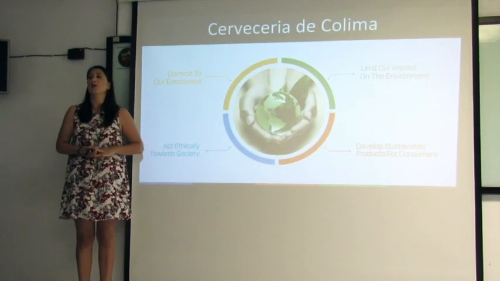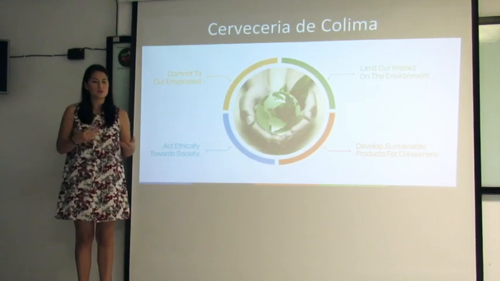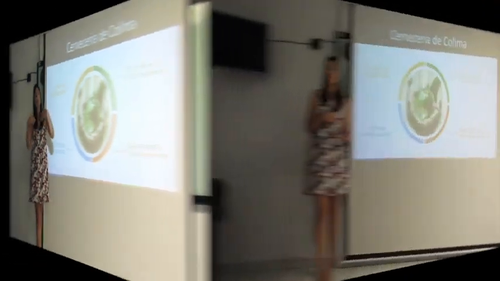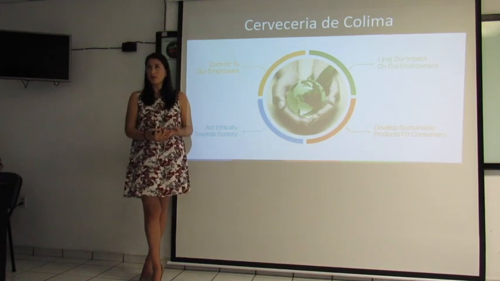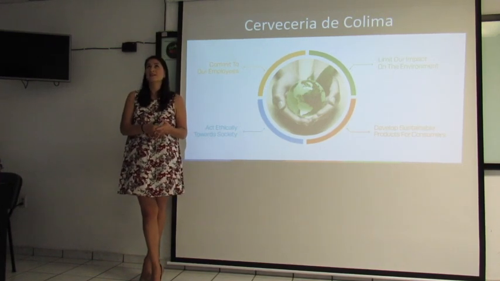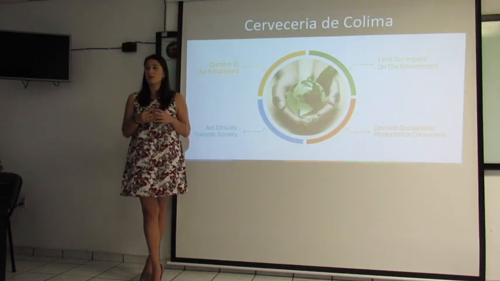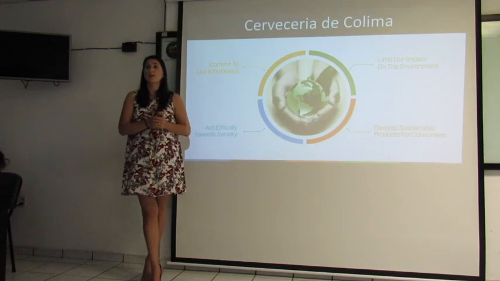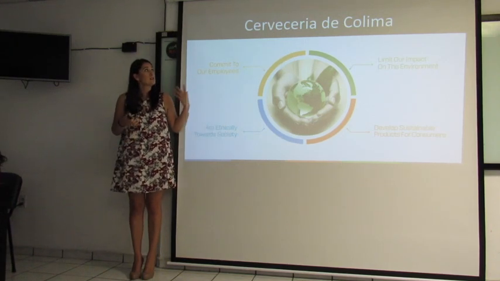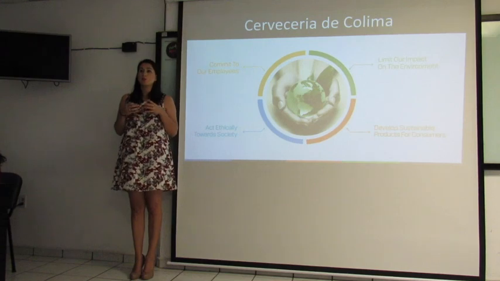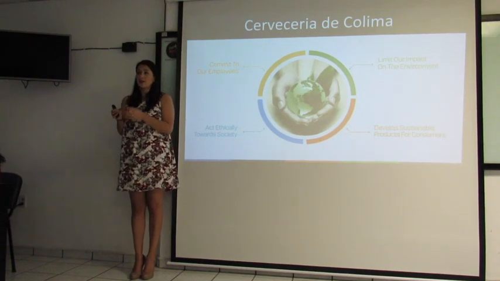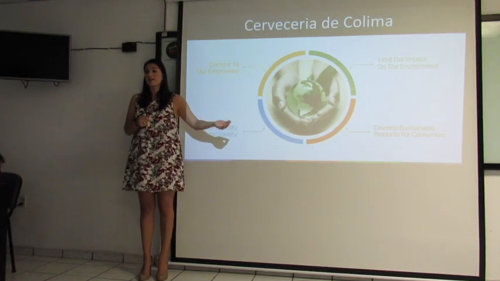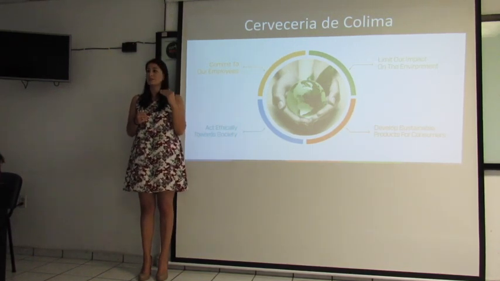They also try to reuse the water, basically for the plants and agriculture, environmental uses, and for pets. Usually every Tuesday, all the funds that they collect are given to a society in order to help the environment. So basically, Cervecería de Colima worries so much about the sustainable part, about the society, about the environment, and about its own people. Since they started till now, that has been the focus.